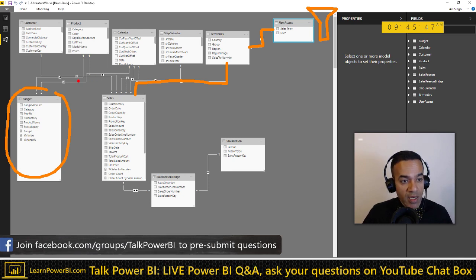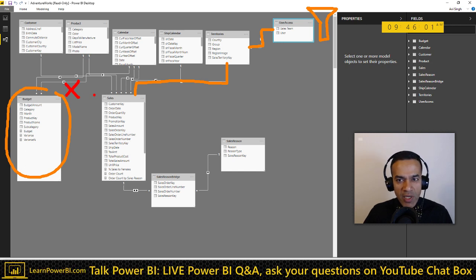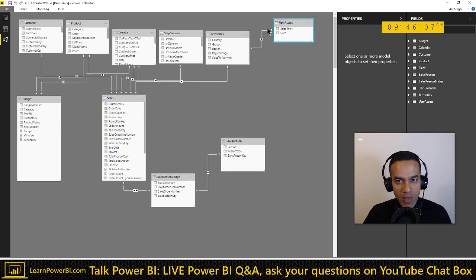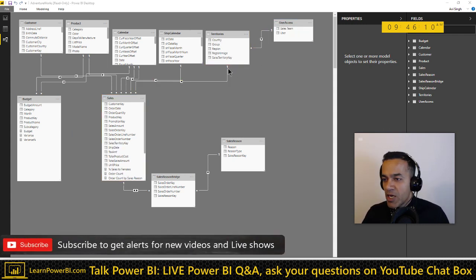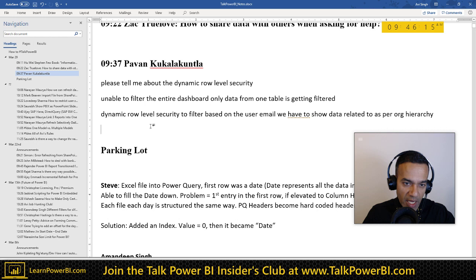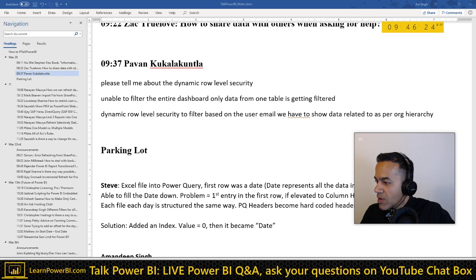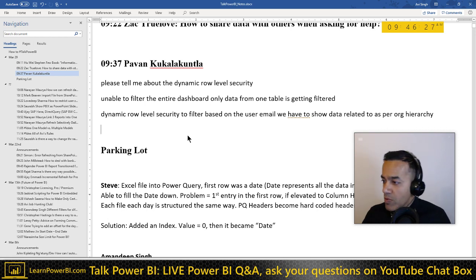But then, I'm not sure. Maybe if you have a scenario like that, I'm not sure what that means though. Like if you have a table which is not filtered, does user security not apply? Because if it does apply, I wouldn't go there now because I don't know if that is a scenario for you or not. But this one usually is exactly what you need. So let me know if this is the approach you have used, and if it's not working, maybe we'd need to have you call in as well. Oh, okay, cool. So yeah, Pawan, let me know if that is your approach.